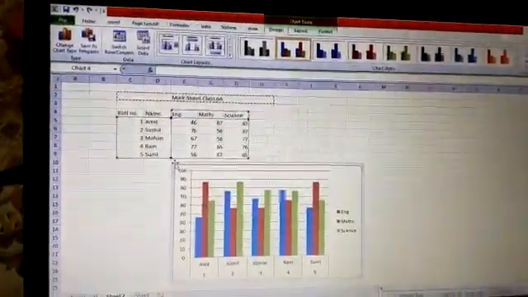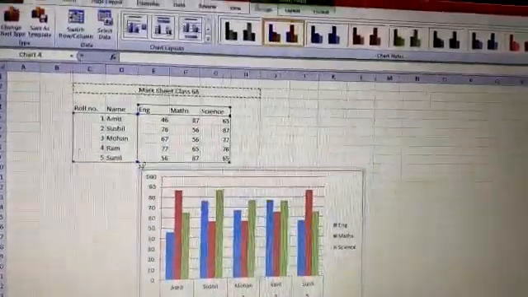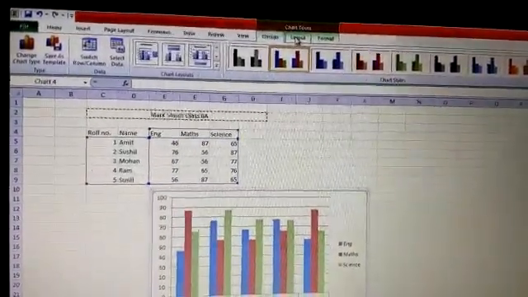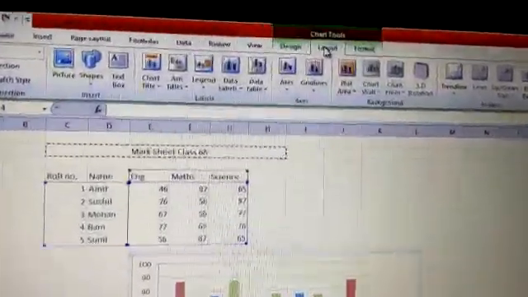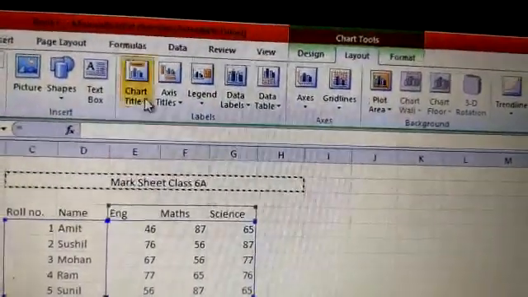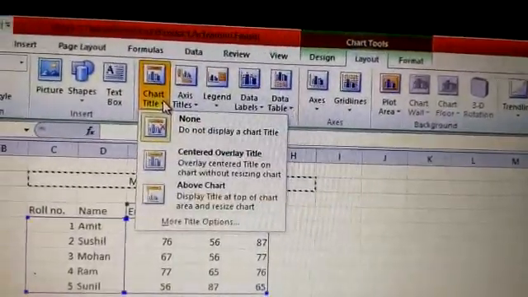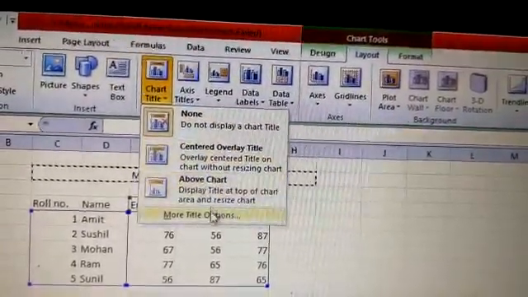Now if we want to add data labels in the chart, we need to go to the Layout tab. Here we get the labels group. If you want to insert the chart title, click here. Where do you want to insert the chart title?